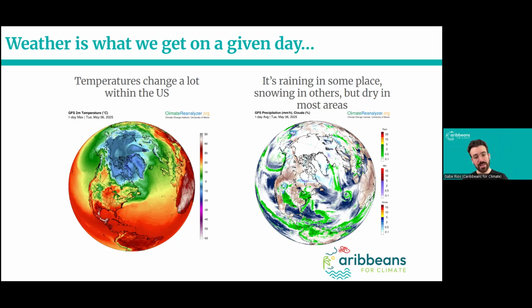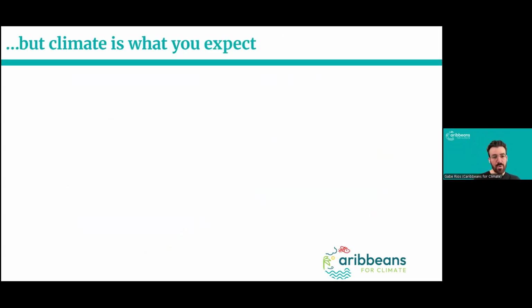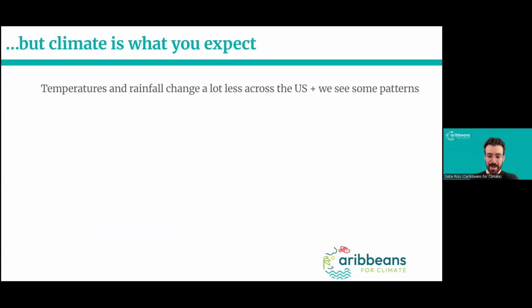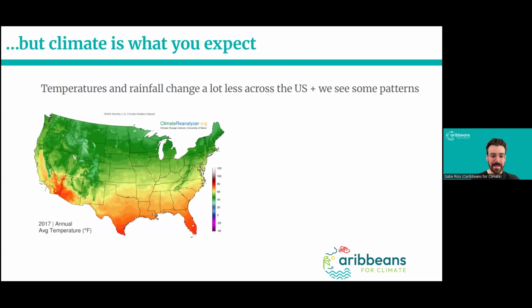So that's where climate comes in. Climate is what you expect, but weather is what you get. And the climate is when we average these weather conditions out over a really long period of time and we see patterns emerge. So let's take a look at this temperature map from 2017. Here, what they did was they took all the temperatures throughout the year and averaged them over time, and this looks like what people think of when they think of how hot it is in different parts of the